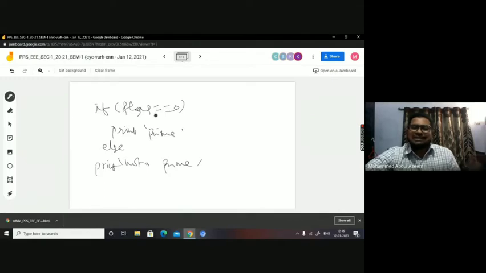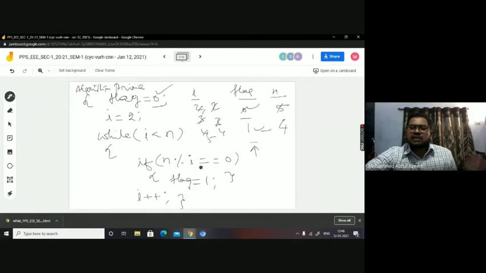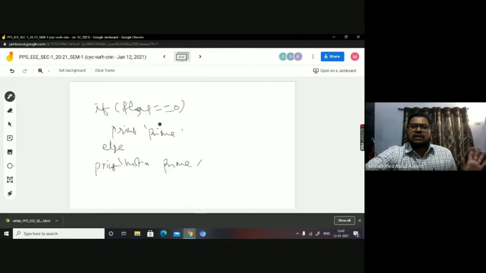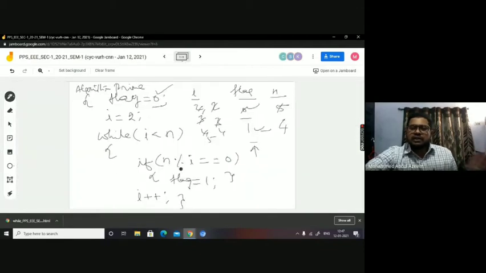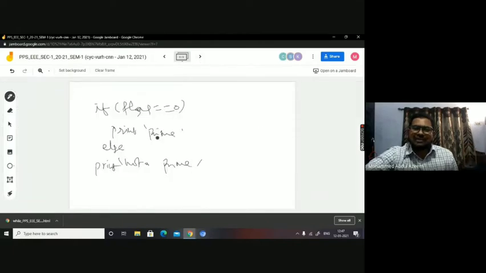That's how you can take a decision. When I find the flag value is 0 out of the while loop, it means that in none of the divisions was this condition true. It means for the set which I have taken from 2 till n-1, for all such numbers, my number was not divisible. So then I can say it is a prime. That's how I can conclude that it is a prime. But if it is divisible by any one of the numbers between 2 till n-1, then this condition is true. When this is true, then the flag is changed. When I come out of the loop, and if I find that the flag value is 1, then I say it is not a prime. This is how I take a decision.